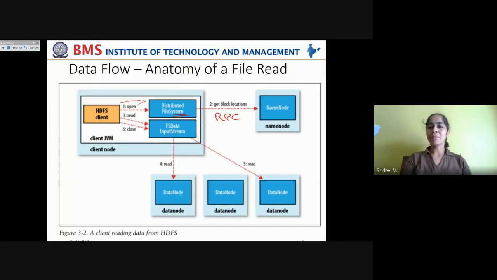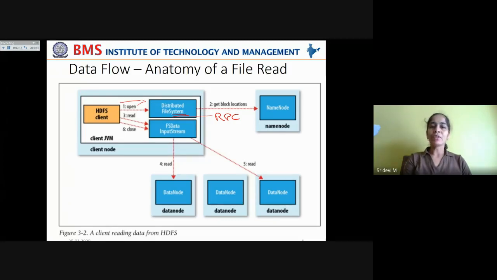Now, in this case, when the distributed file system makes a remote procedure call to the name node, the name node in turn communicates back the addresses of the data nodes on which that file's blocks are located. Those details are sent to the FS data input stream.